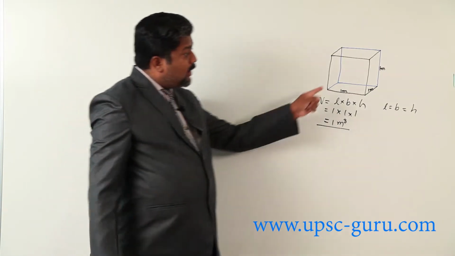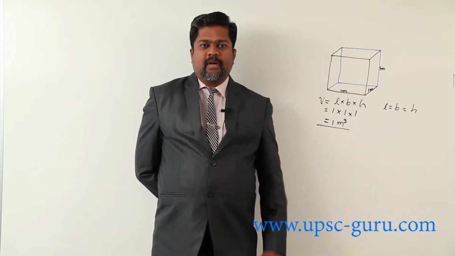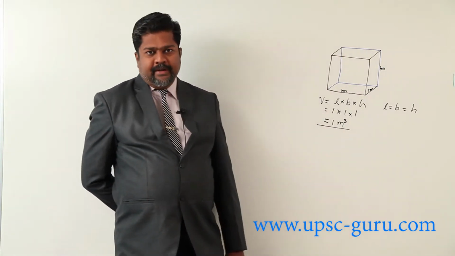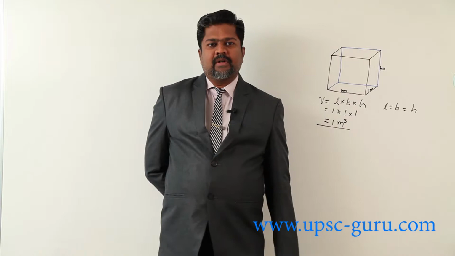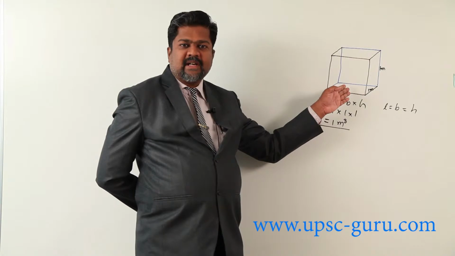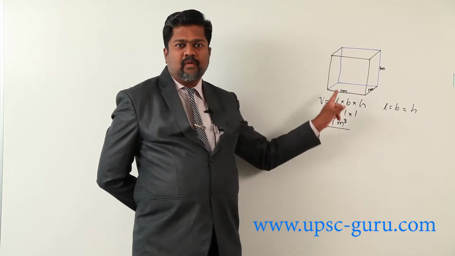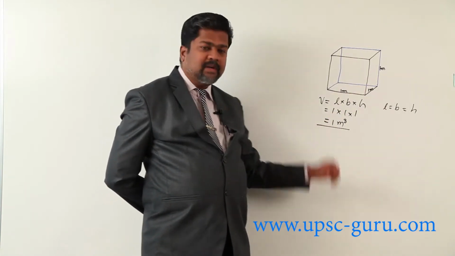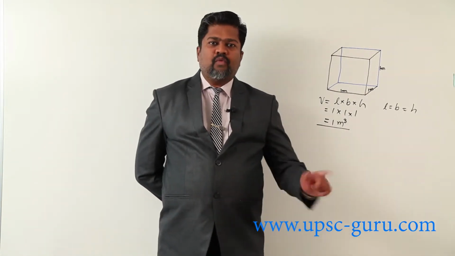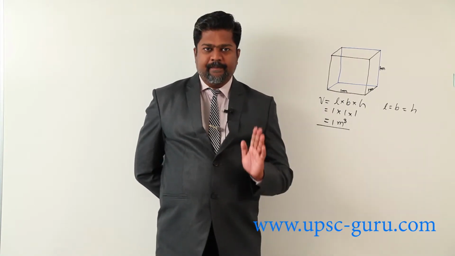Now, whatever amount of water is present in this 1 meter cube of air, that is called the humidity of that air. I am using the words very simply here: I have to fix a definite volume. This is a cube container, which has equal length, breadth and height, because it is a cube. So 1 meter into 1 meter into 1 meter, net volume is 1 meter cube. In that 1 meter cube volume, whatever amount of water molecules or water is present, that is called humidity. It's simple.